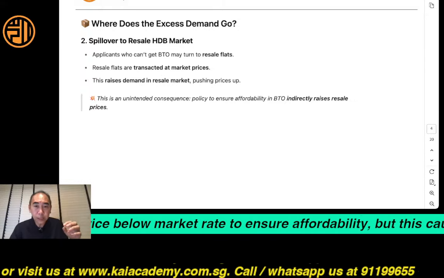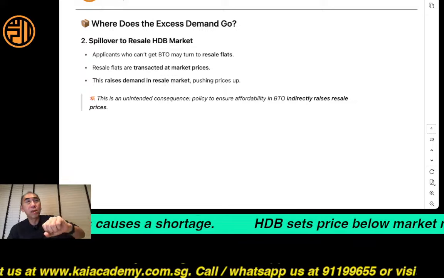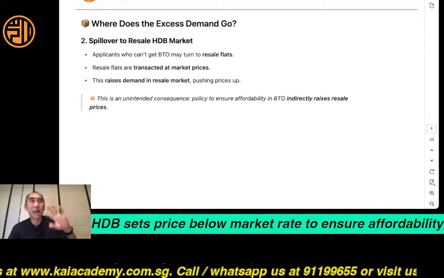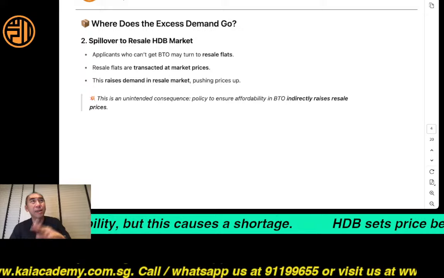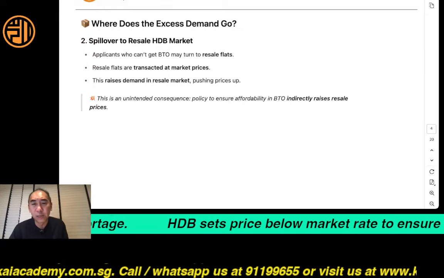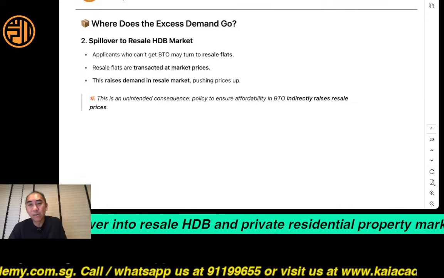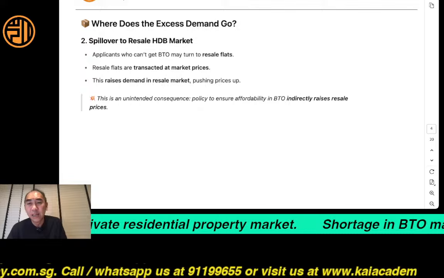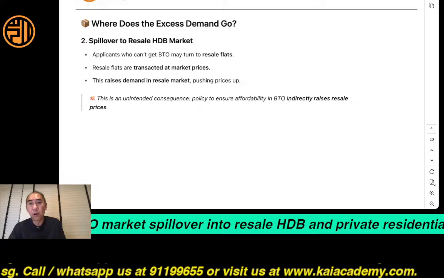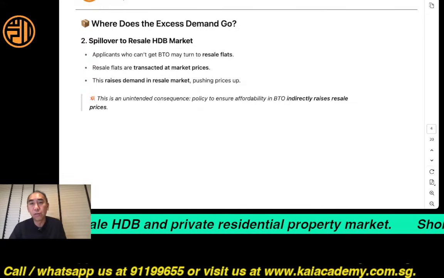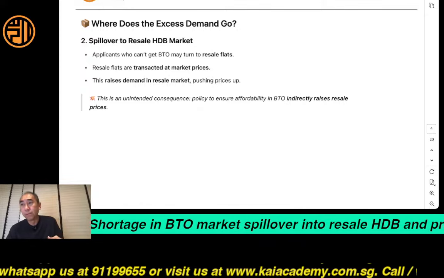So the government will say, okay, those who qualify will bid for it. In each bidding exercise, there are usually about 3 bidding exercises a year. I think February once, June once, and I think October once, or September, October once. During the balloting exercise, they will see who is lucky and gets it, and who doesn't get lucky can try again in the next bidding exercise. But suppose you don't want to wait, or you can't afford to wait, you urgently need to get a new property, then what you can do is to spill over to the